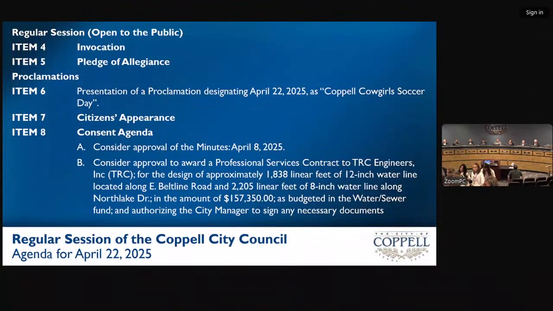All right, item number 7 on our list is our citizens' appearance. Citizens wishing to speak must sign the register and list your address. Presentations by individuals shall be limited to 3 minutes each. Persons signed up to speak will be called in the order that they signed up. No personal attacks by any speakers shall be made against any member of the council, mayor, individual group, or corporation. There will be no comments or deliberations from the city council due to the requirements of the Texas Open Meetings Records Act. We do have 2 people that have signed up to speak tonight, and the first one is Ms. Mercedes Hall.